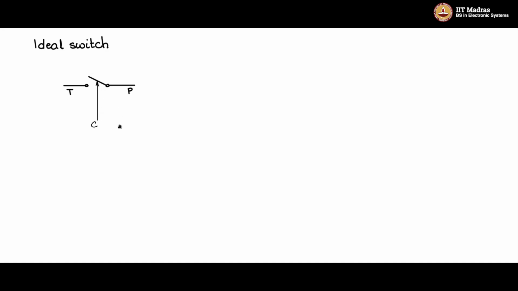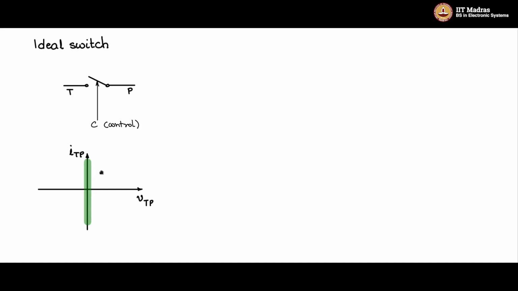Now consider this an ideal switch. What is the IV characteristic of an ideal switch? What is the IV static characteristic of an ideal switch? So let us draw the IV characteristic. The x-axis is the voltage axis, the voltage across the switch, which is VTP, and the current through throw and pole, that is